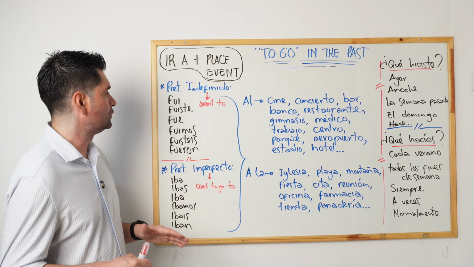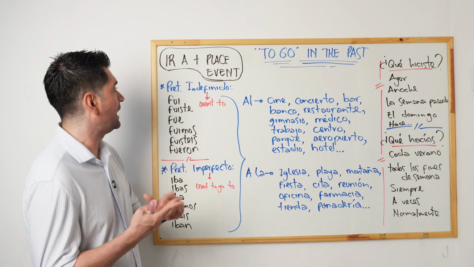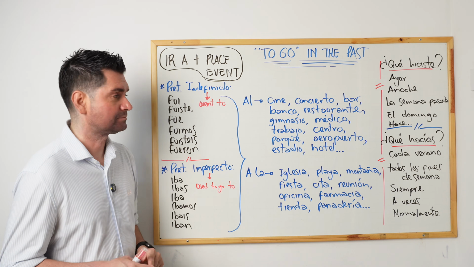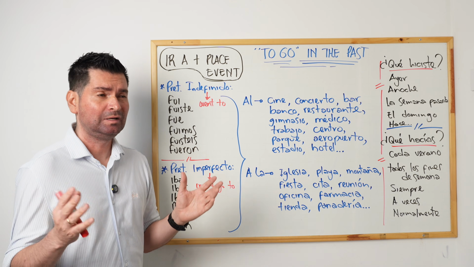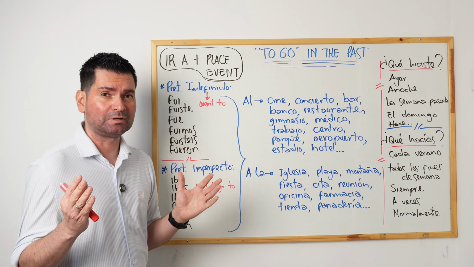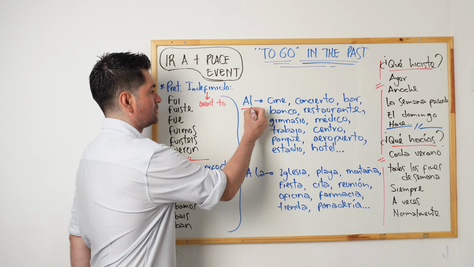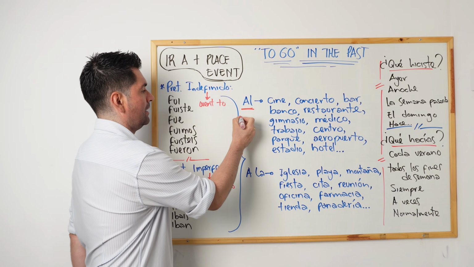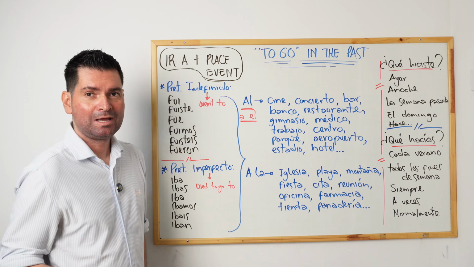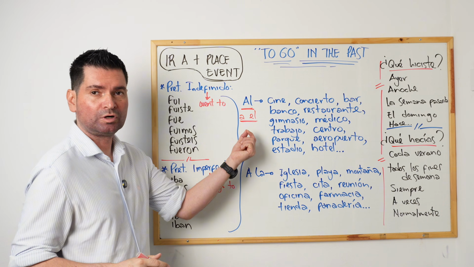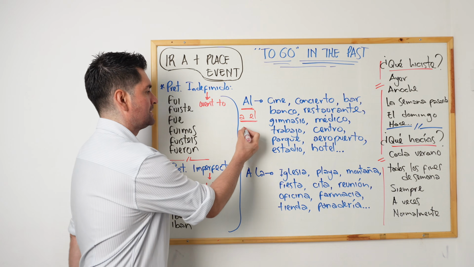Now, we're going to use these two conjugations with places and with events. I wrote a list of very common places and events that you can use all the time, words that you're going to hear all the time as well. Now here, if the place or the event is masculine, it should be a él. But in Spanish, we merge these two words and it becomes al. So al is to the masculine.